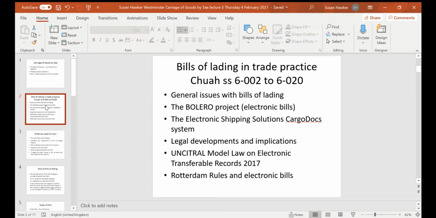And UNCITRAL, the United Nations Commission for International Trade, has come up with a model law on electronic transferable records. A model law from one of the United Nations bodies, like there was a model law on arbitration. A model law is where a sensible working frame is developed, which can be translated into law, and that is shared around on the international market. And it is hoped that